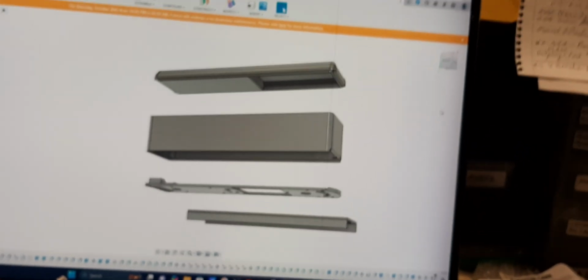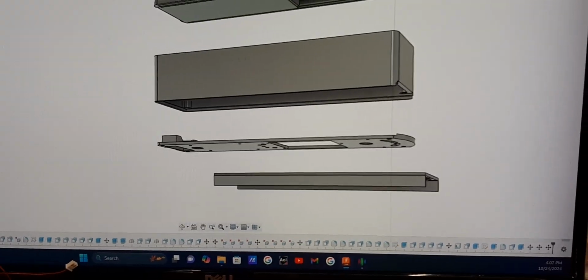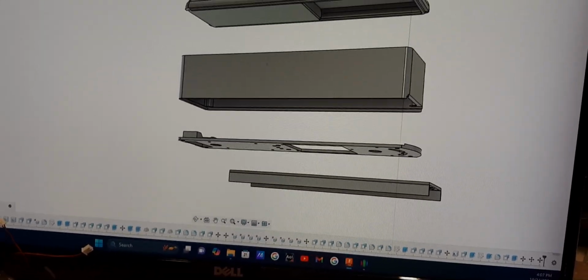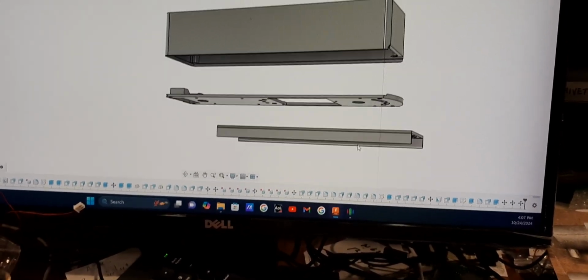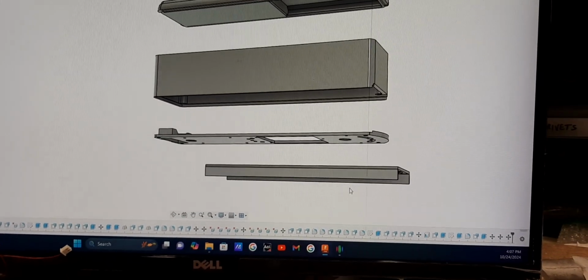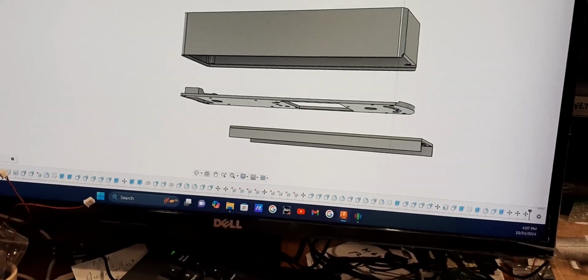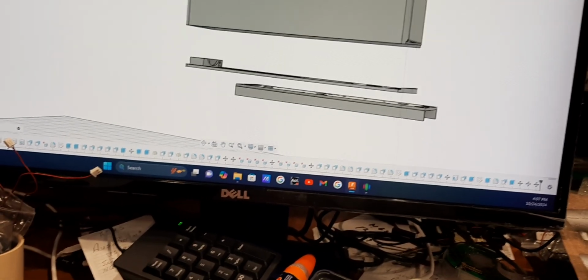Well, I'm back at the CAD system, and I just thought I'd show you some of the modifications that I made to the tender. I didn't do much to the lower pieces. As you can see, I have these little skirts that I've left on the lower half, and I've added, I always did have and left on the